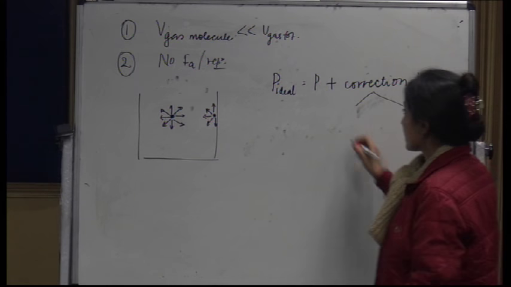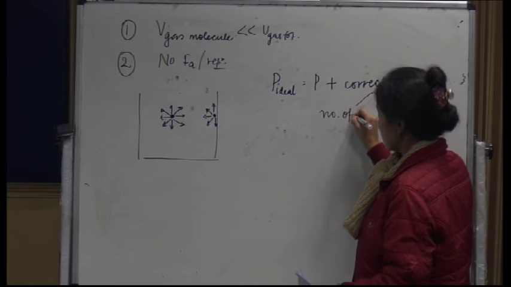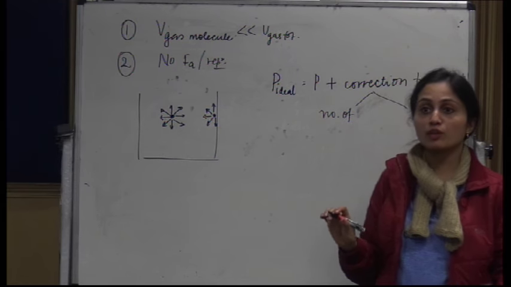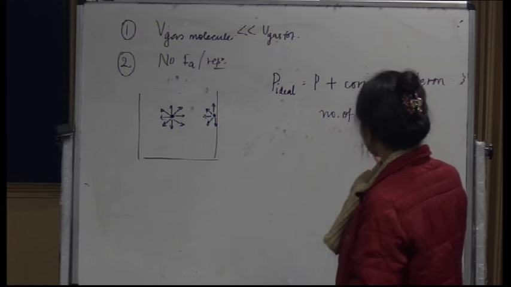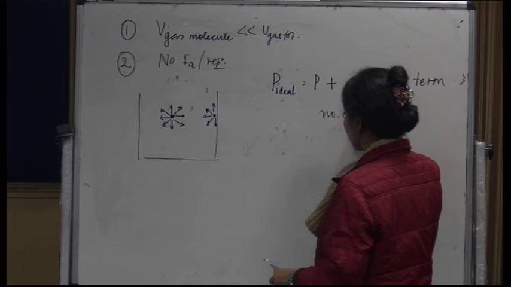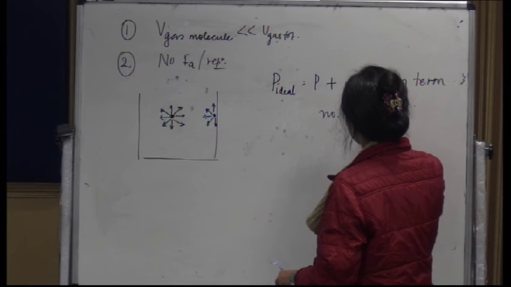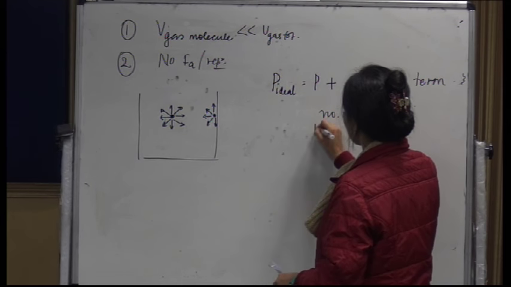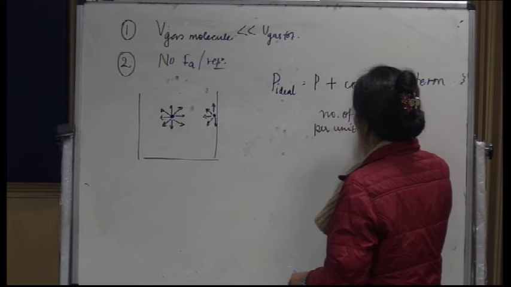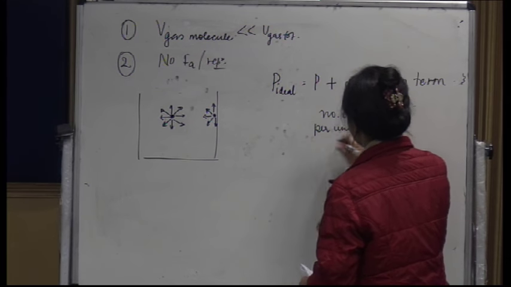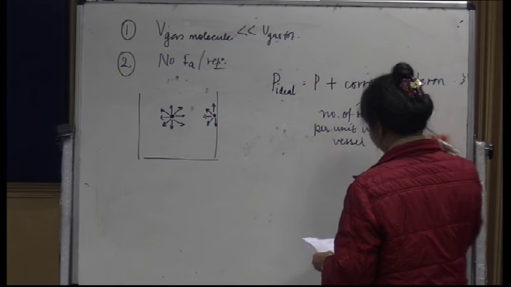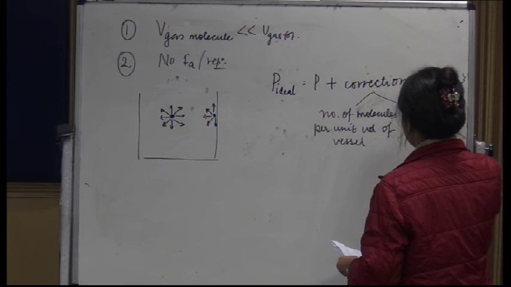One is the number of molecules per unit volume of the vessel or container, and another factor is the number of molecules